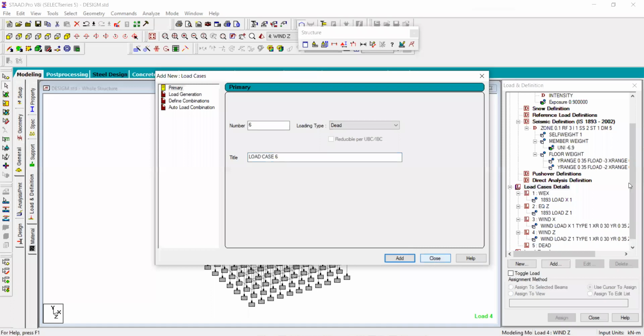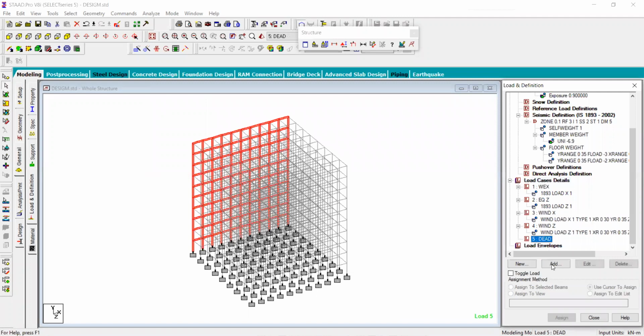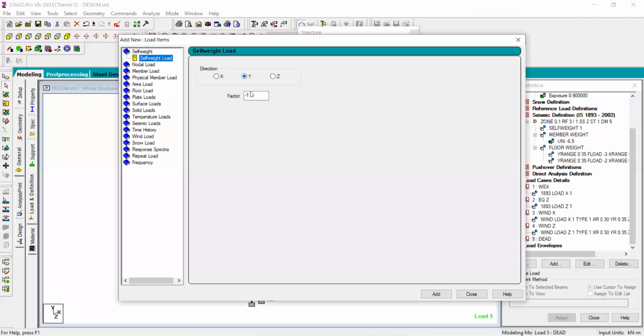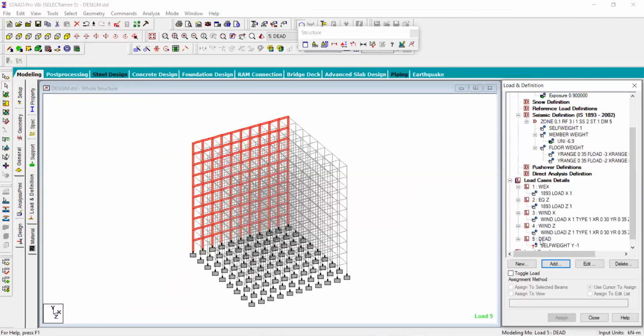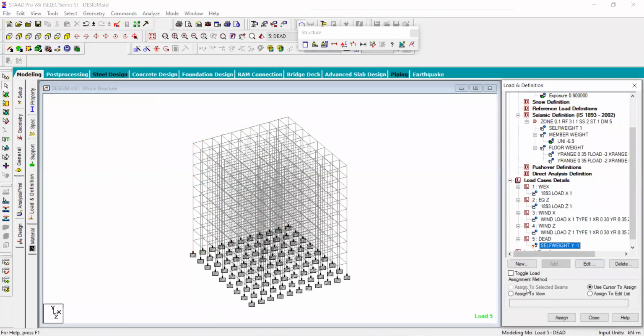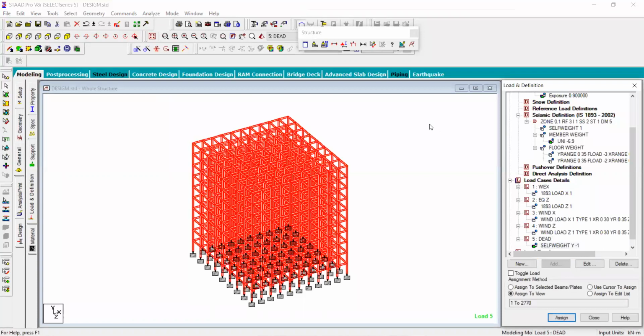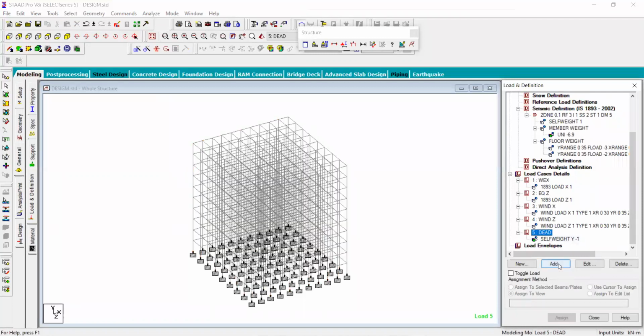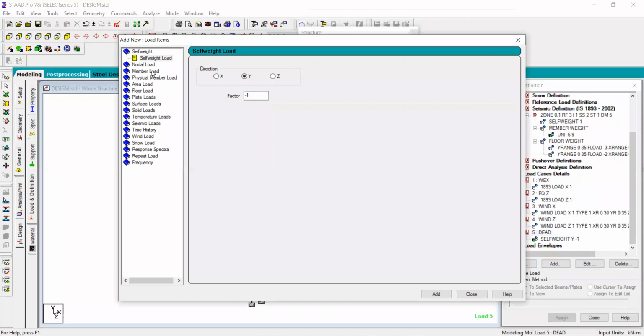For defining the dead load, we have already discussed that there are various components of dead load. Self weight y in minus with factor -1, automatically it will take the modeled weight, meaning weight of the column and beam, go for the assigned to view, and it will include all the beam and column etc. But dead load has another part also. Again go for the add a member load.